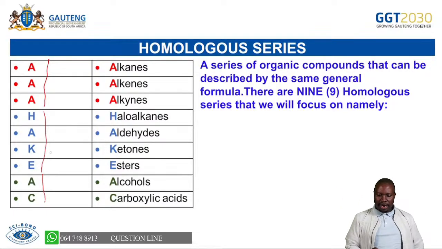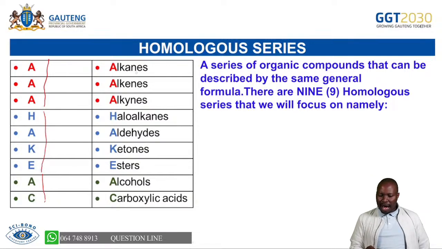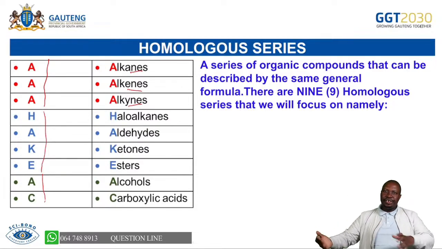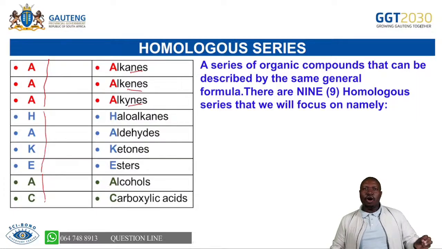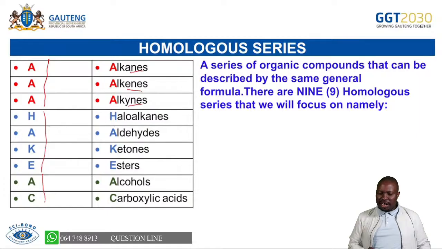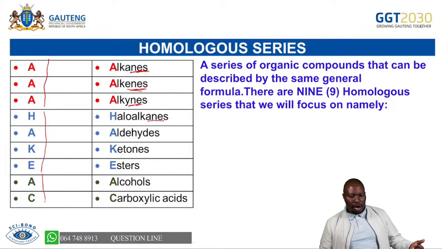So it's important that you must know the 9 homologous series. And we are saying triple A, Hague, A and C. Triple A stands for alkanes, alkenes, and alkynes. You can see how the name ending is changing. We'll be talking about that when we talk about functional groups, because it is the functional group that is changing how these names end. It is the functional group that is changing the "ane" to become the "ene", to become the "yne", and you can see for haloalkanes it remains "ane". We'll talk about that, and you will understand it when we talk about functional groups.